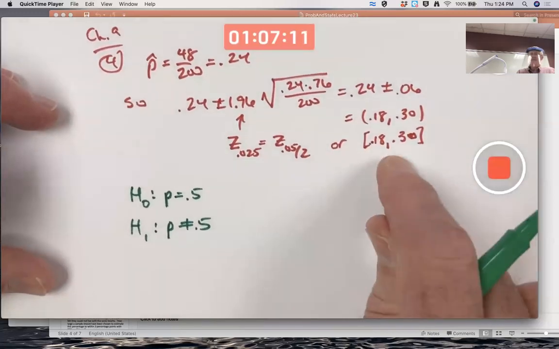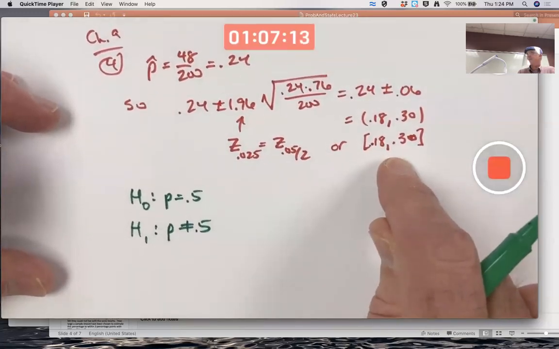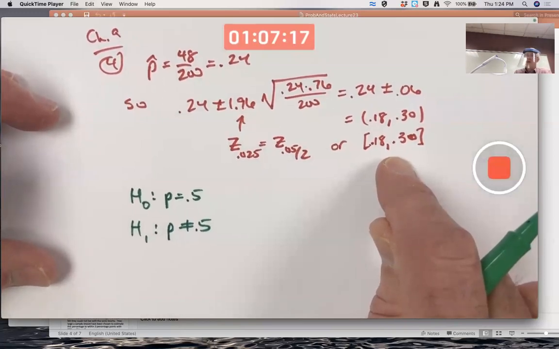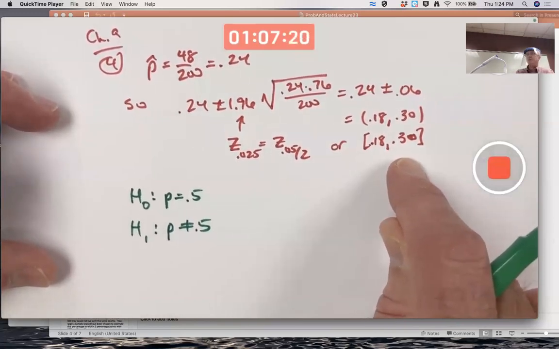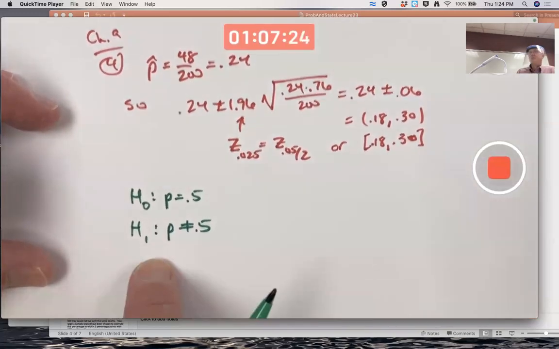I'd be inclined to say that since this interval doesn't contain 0.5, and you might even say for extra emphasis, since 0.5 is not even close to being in the interval, that I definitely reject the null here. But to be truly accurate,